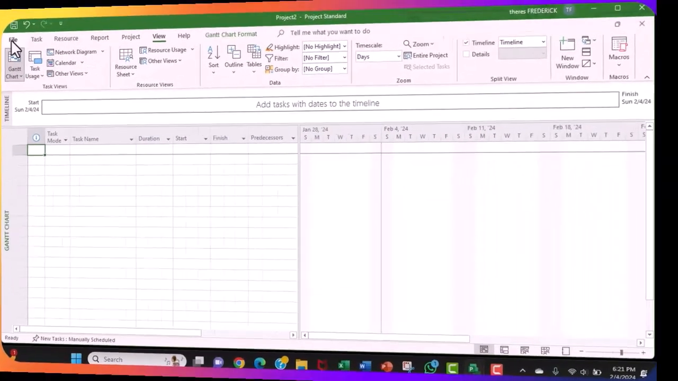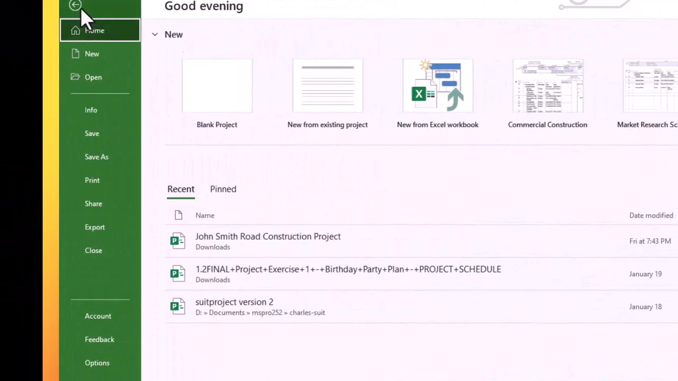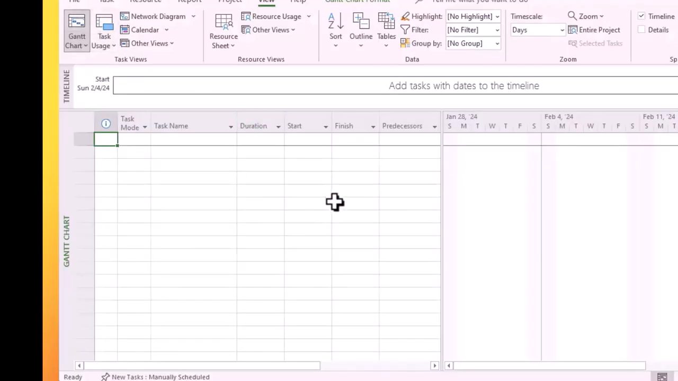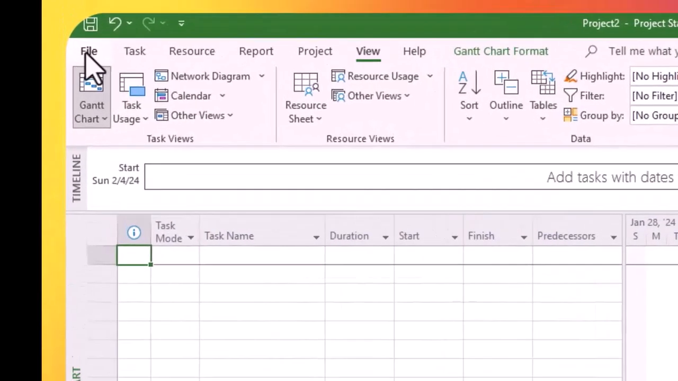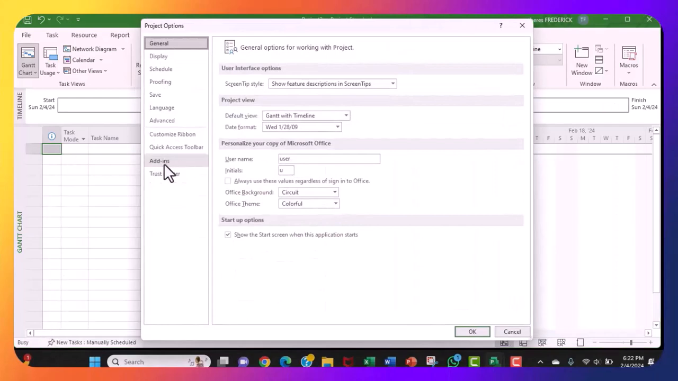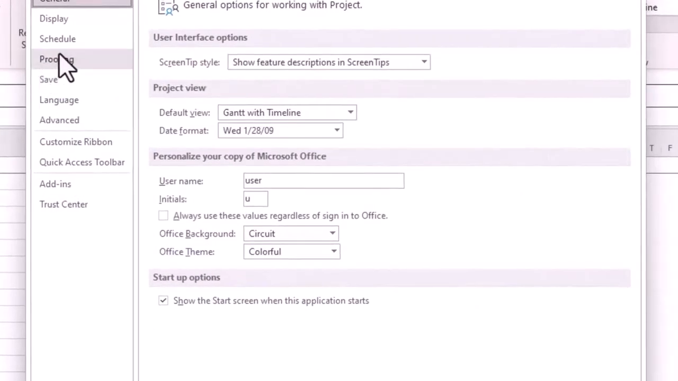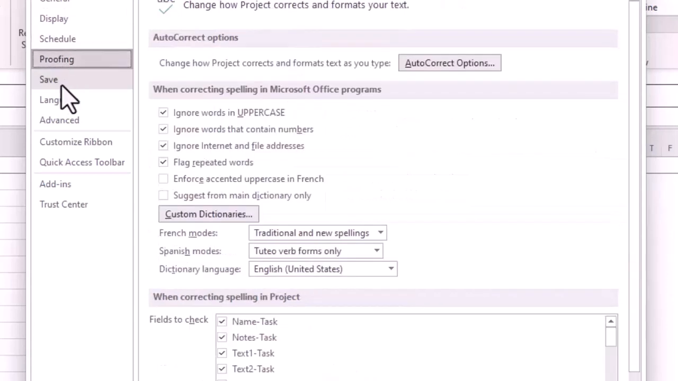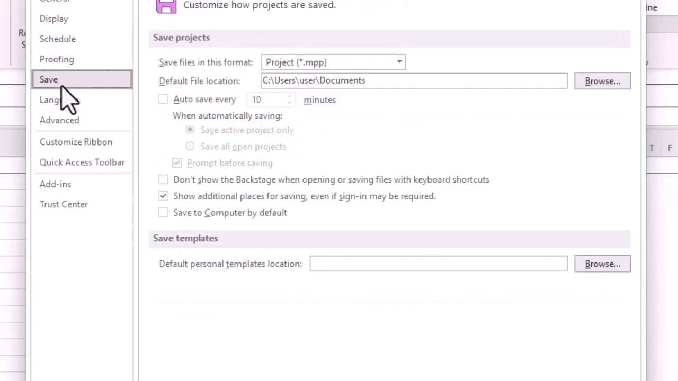But what we want is to return to the Backstage. All right, we are in this screen. We want to return to the Backstage. We can just click File, and File will send us back. And what I want to show you is this area called Options, because it's an important area. Options allow you to set up your project. So you can talk about how you want it displayed. What about the schedule? Anything about proofing? Anything about saving? So you're actually customizing your